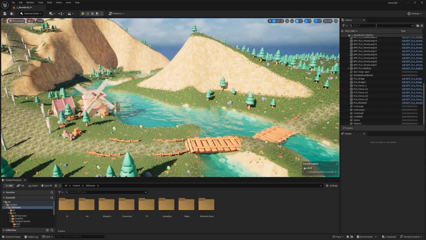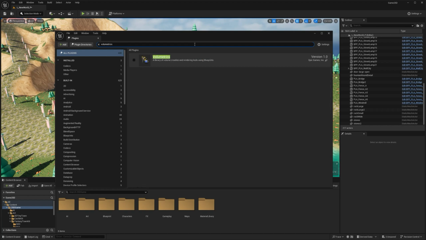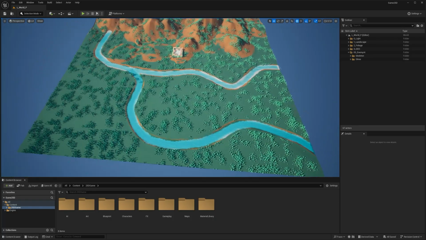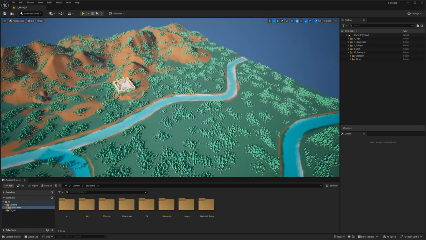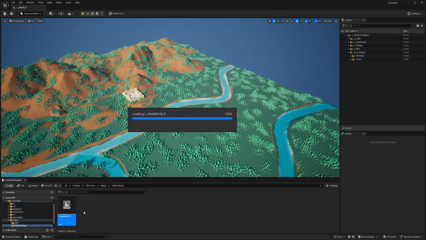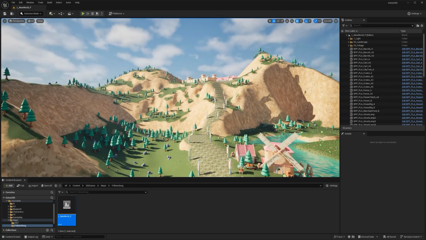So first, I need you to go to settings, and we're going to enable volumetrics. By default, that stuff is off. So just look for volumetrics, and in this case for me it is also off, and I can enable it. It's going to ask me to restart, so we're going to do that and continue from there. Okay, when I restart it, it's opening my old map, which is cool, but the one that we have right now is so much cooler. So what I'm going to do is just go to maps, follow along, new world underscore p for persistent. There you go. Look how cool this is, man.